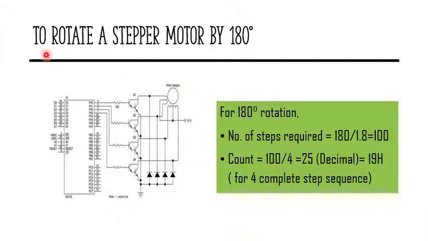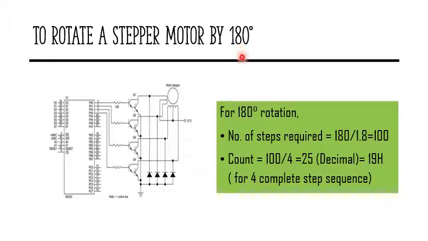Now we are going to rotate the stepper motor by 180 degrees. In most stepper motor applications, the stepper motor is not rotated continuously. The angle by which the stepper motor rotates needs to be controlled. In this example, the stepper motor shaft has to be rotated by exactly 180 degrees. This can be done by stopping the motor excitation when the motor shaft has rotated by 180 degrees. This is possible because each switching state of the motor coil rotates the shaft by exactly the step angle.